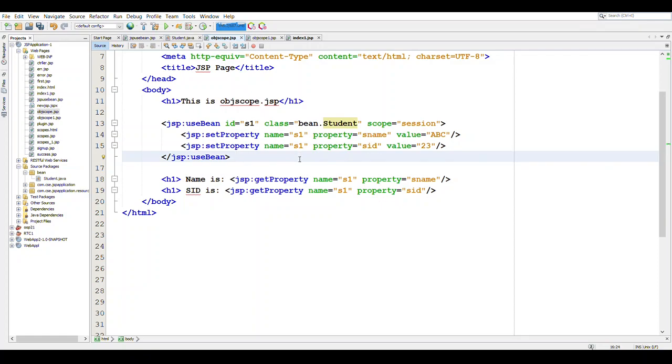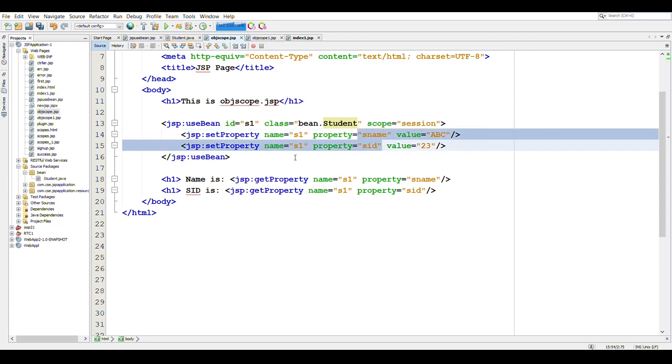A very useful trick to use here with the set property tag is that we can set all of the properties at once, provided that we are getting parameters from the request with the same name as that of the properties here. So we'll see an example of that.